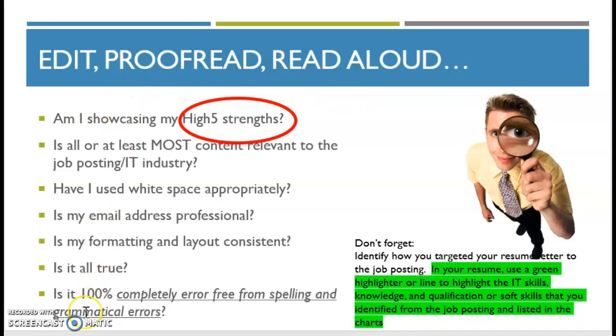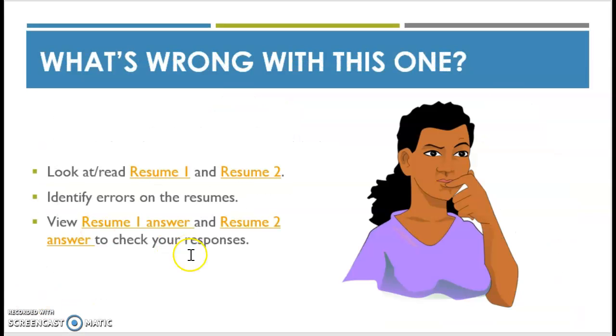Okay, and think about all of these questions. You might ask these questions to make sure that it looks good. And of course, look over the rubric for the assignment, the checklist for the assignment, to make sure you've included everything. And then I've made this little activity for you where you can look at a couple of different resumes and try to identify what the errors are so that you can sort of see, these are the sorts of things Sue might be looking for or an HR person might be looking for.